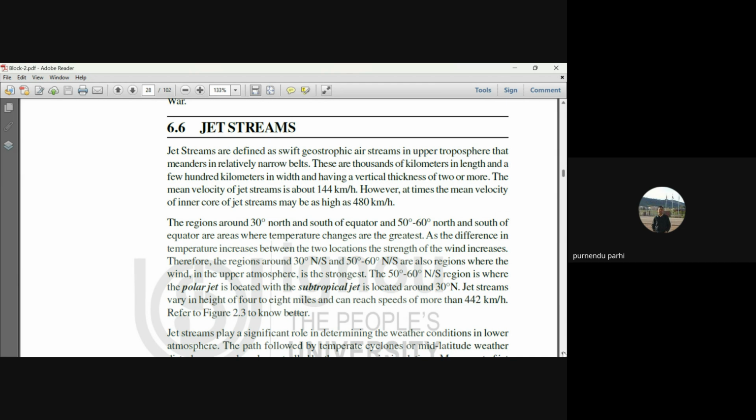The regions around 30° north and south of the equator and 50° to 60° north and south of the equator are areas where temperature changes are the greatest. As the difference in temperature increases between the two locations, the strength of the wind increases. Therefore, the region around 30° north and 50° to